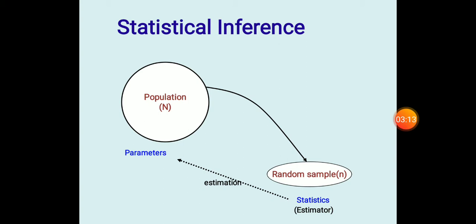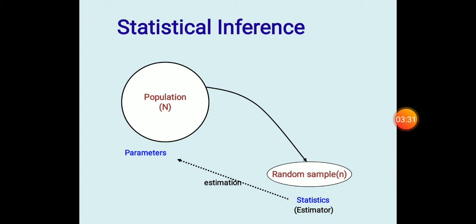So which is that value? That value is the sample value. So 11.6 is the sample value, which is not so less. That means the anemia is not so prevalent in this particular sample which we have selected. Now what we will do? We will go back to the population.